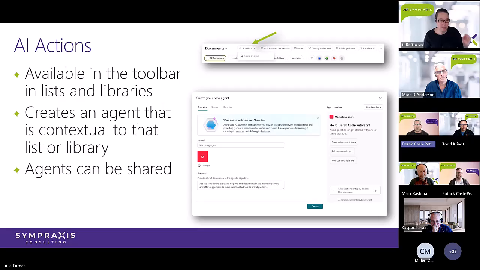You can do it on an individual document. So if you've got one of those employee manuals that's like 300 pages, you could create an agent specifically for that particular document. Yeah, and we talked about the SharePoint agents before, and so